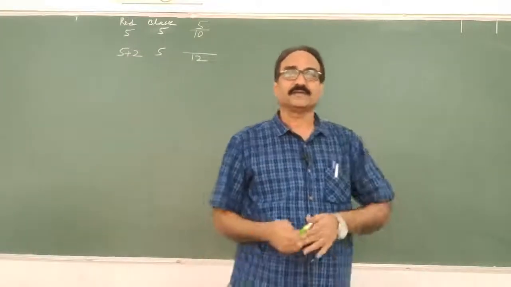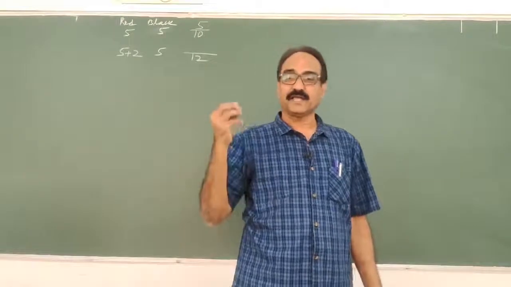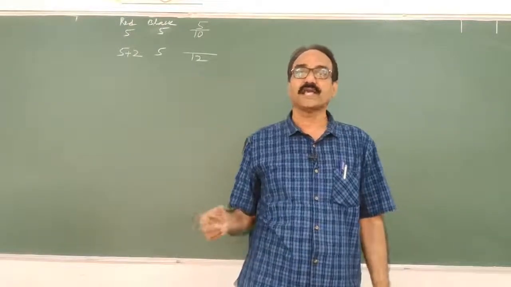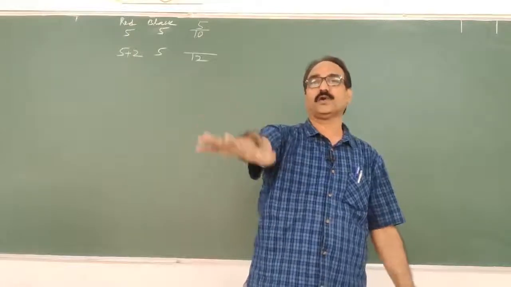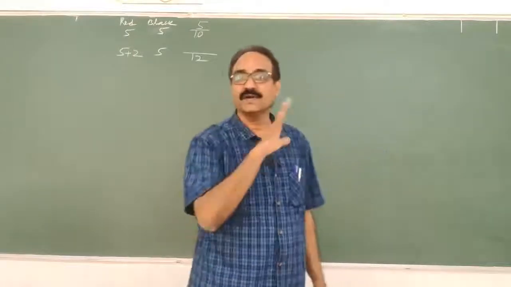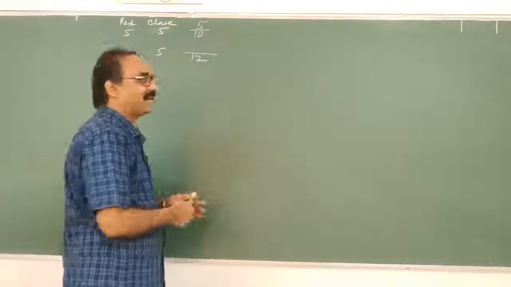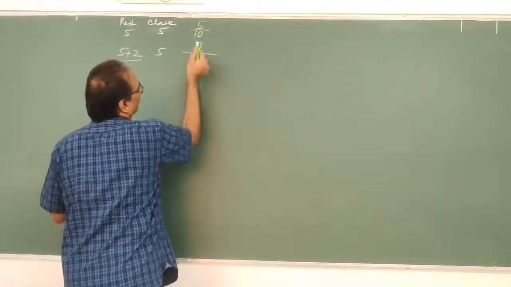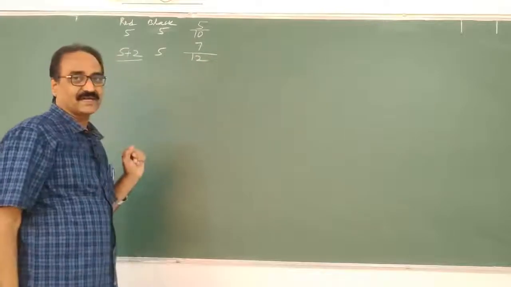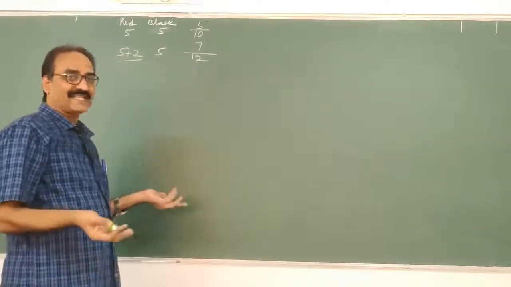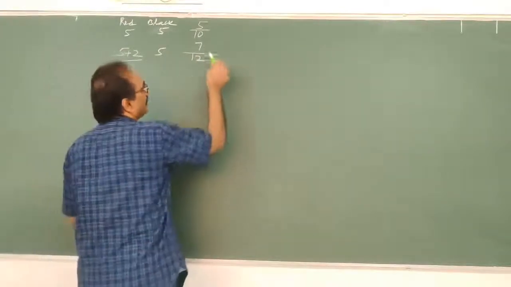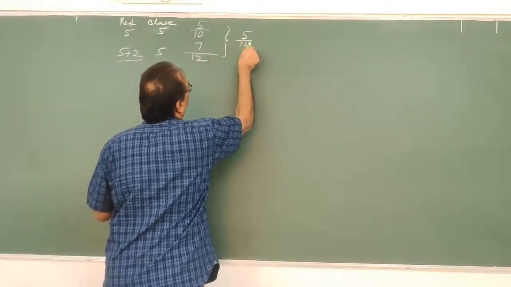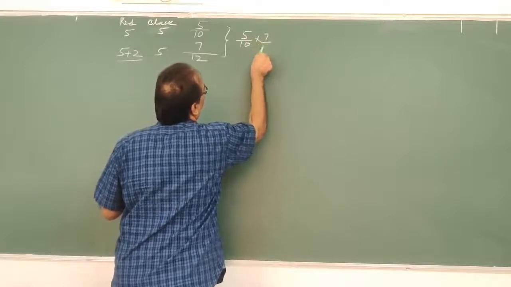So he observed the first ball is red, again 2 red balls he took and mixed in. Then what is he saying? I want the second time also a red ball only. So second time red ball means total number of red balls how many are there? 7. So 7 C1 by 12 C1, 7 by 12. So the probability of drawing a red ball in the second draw, it may be 5 by 10 into 7 by 12.